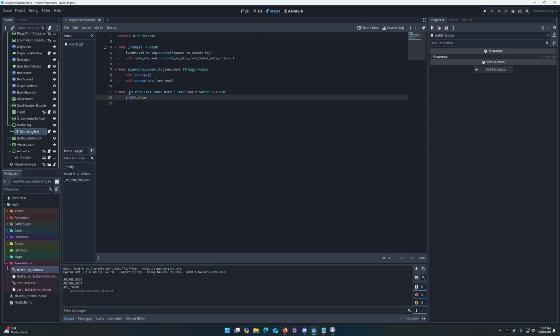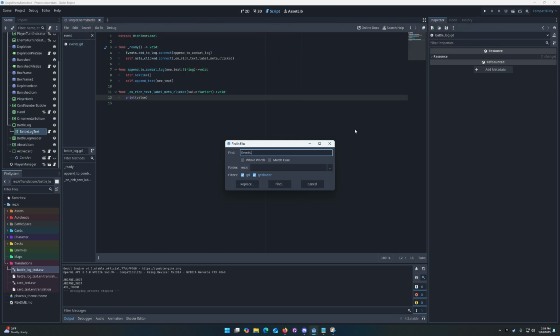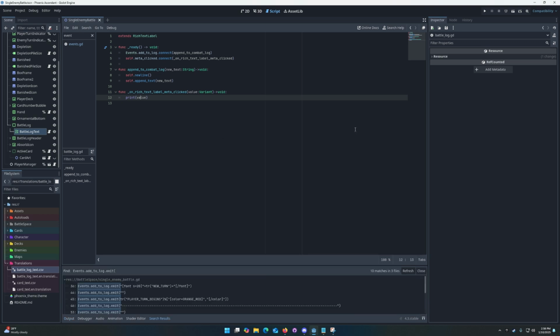All right, so that's the second step, where we've understood what we're trying to do. We've connected that URL code to a mouse click, which connects to a function. We've got the function in place to handle it. So let's take a look at how we're dynamically generating that BB code. So here, I can actually find where I'm emitting it, and just so you can see in here,